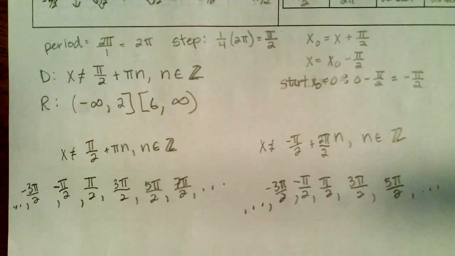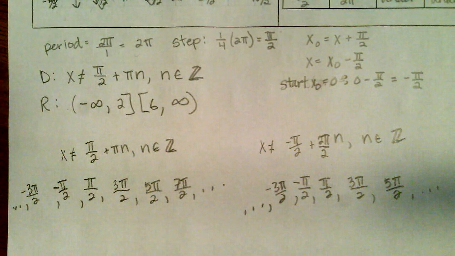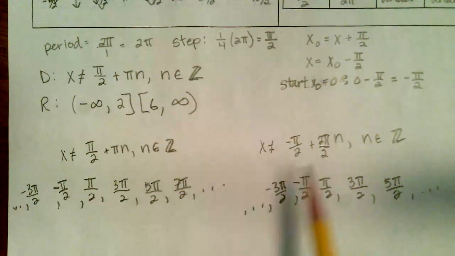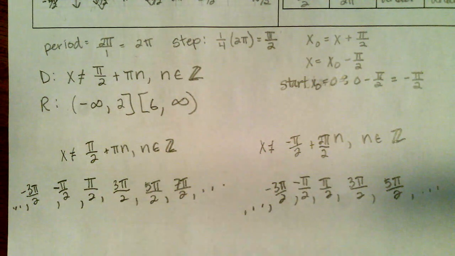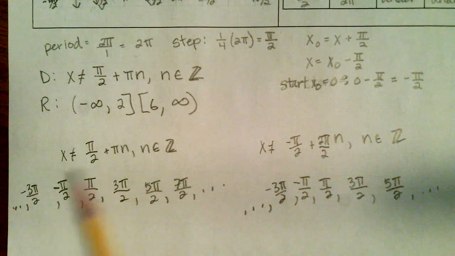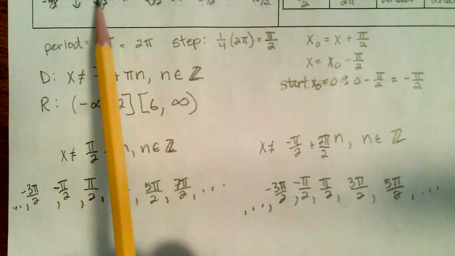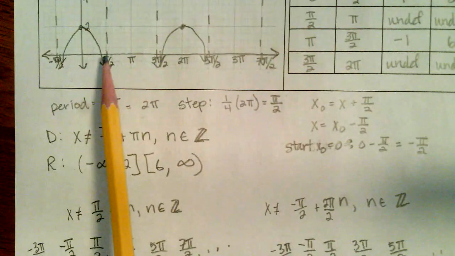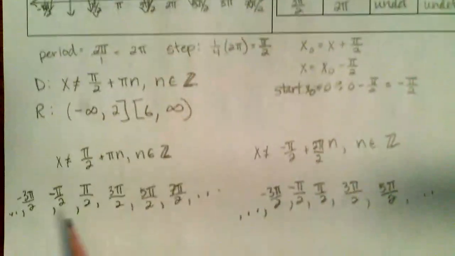What do you notice about these two lists? They're exactly the same. So there are multiple ways to write these lists. I don't mind which one you use, I'm just telling you that by convention, I generally look for my first positive one. Because it's pretty easy